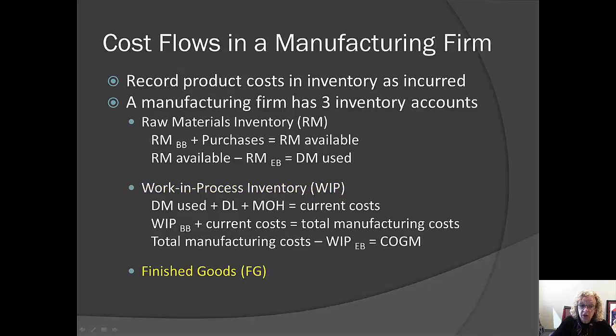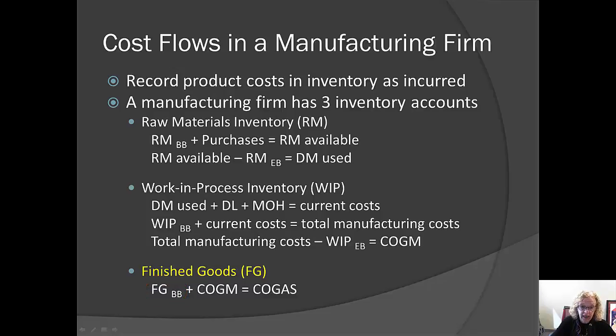They're transferred to finished goods. So in our finished goods inventory, we may have a finished goods beginning balance, which represents the dollar value of units that we manufactured before this period ever started,